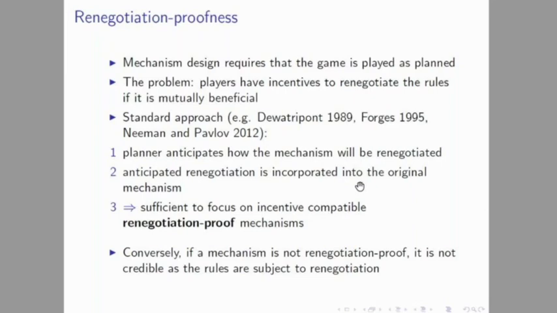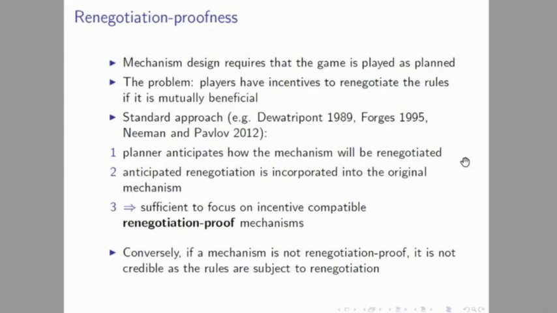So I would rather refer to a little bit earlier literature initiated by Mathias Dewatripont in '89, François Forges in '95, and Sven Neeman and Alexander Pavlov, 2012, 13 actually. So in this literature, the question is what kind of mechanisms are feasible if we impose an additional constraint on the mechanism, in addition to the usual incentive compatibility and individual rationality constraints,